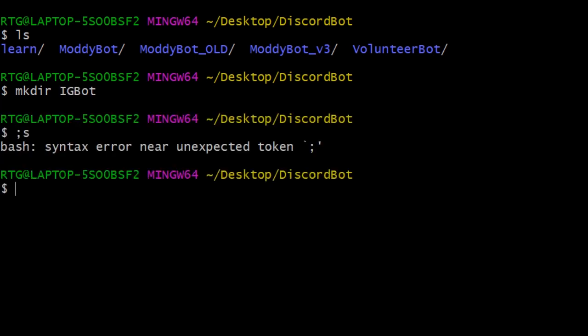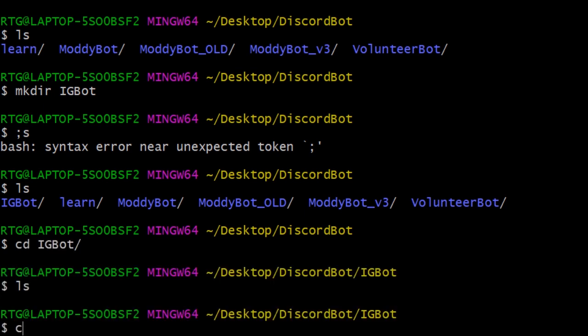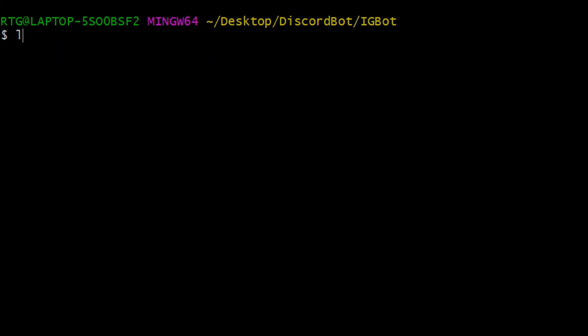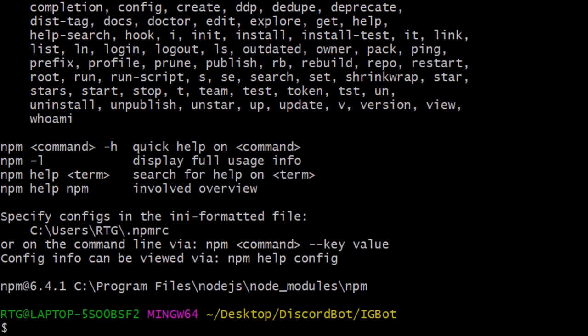Let's create a folder first. We're going to call this bot IG bot. Now I have the folder here, so let's open up this folder. Of course I don't have anything in it now. I have nothing. So the first thing, we have npm, which comes with the Node that I showed you,